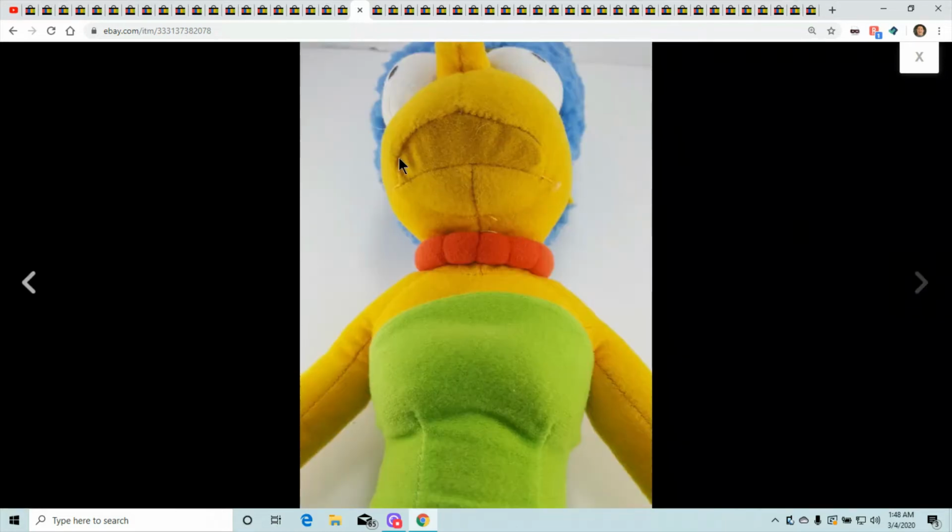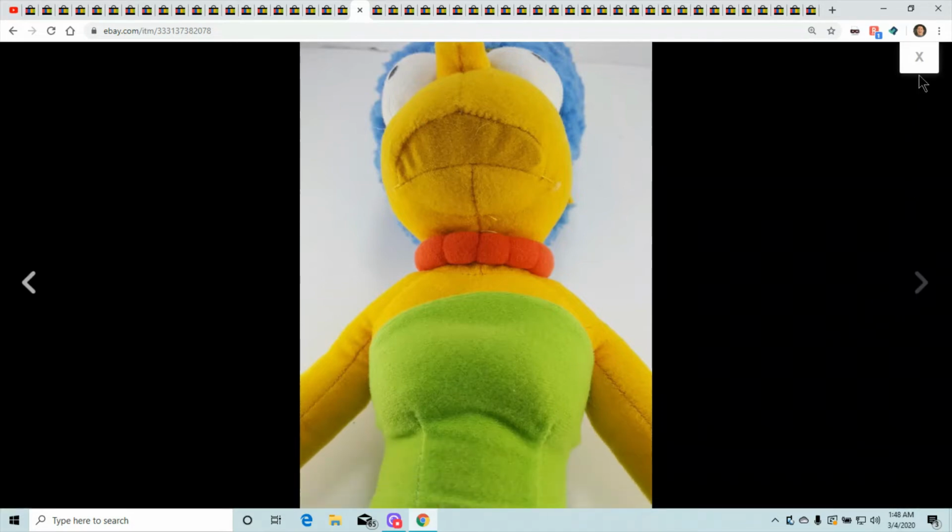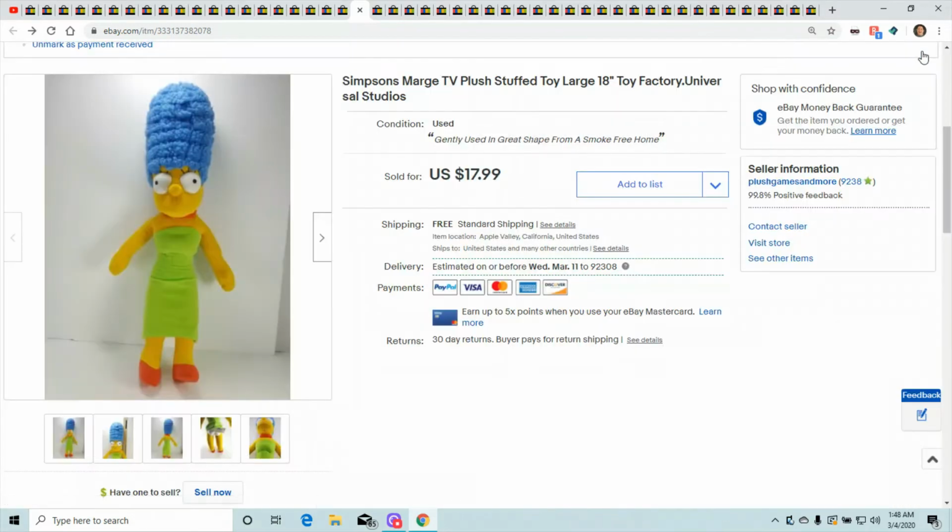I hate how they do the mouths. The Simpsons' mouths are nasty. Every time you look at the plush, on 90% of the Simpsons toys, they never do a good job on the mouths. But anyways, enough complaining about that. I got $18 for